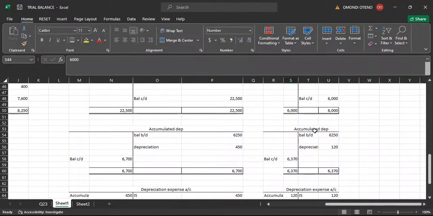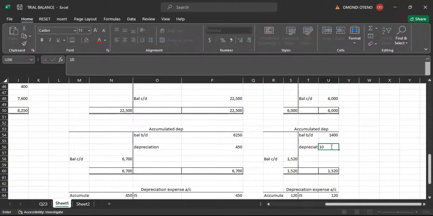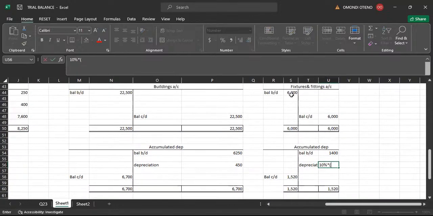And then when we come to accumulated depreciation, we've been able to see that we have 1,400. Depreciation expense for the year, we are told that it is 10% on the net book value, not cost. It is 10% on the net book value as at that date. So it will be 10% times net book value. Net book value will be the balance brought down at the beginning of the year